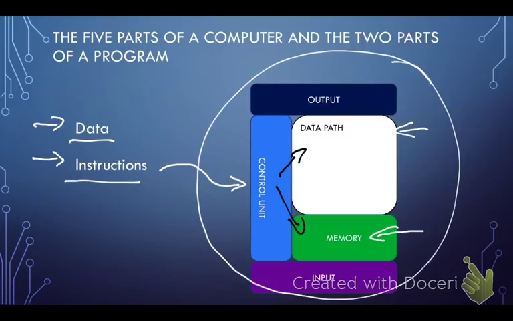Okay, now there's other stuff in this diagram, obviously the output and input, and we're utilizing these things, but we're kind of using them as black boxes right now. And we can kind of safely do that and work our way up. But for now, we're going to be focusing in the next few sections on the data path, the control unit, and the memory. And we're going to be doing this via these instructions, these assembly code instructions that we're going to begin to